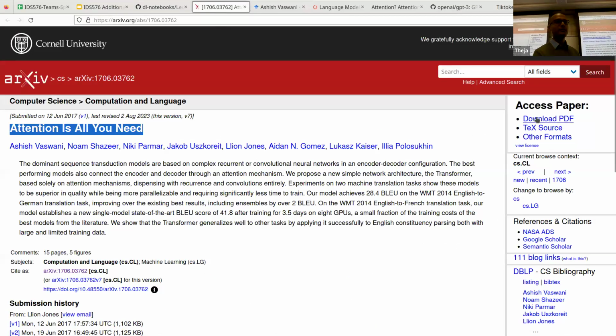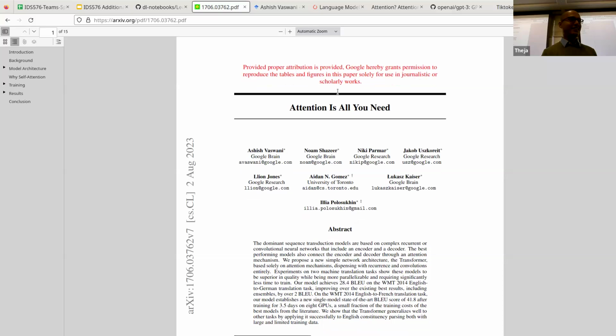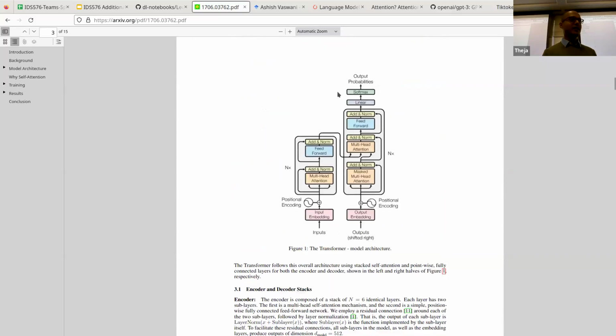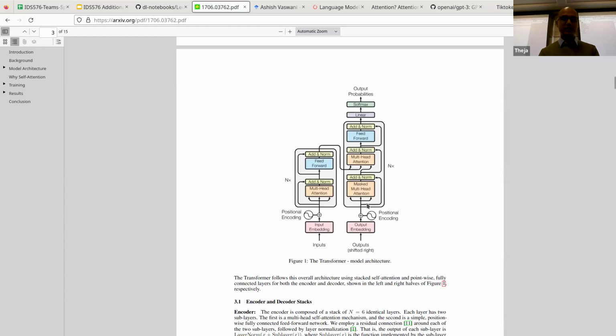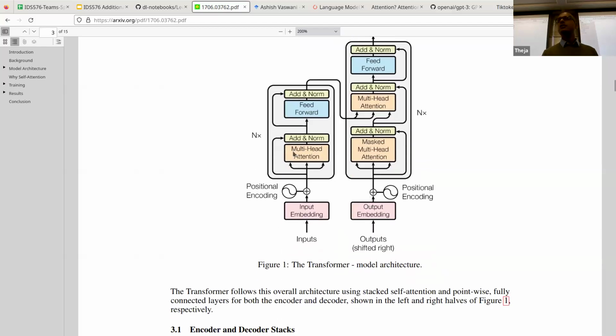If you click on the PDF, this is also linked on our lecture goals page, which has a bunch of links, and one of them is this one. Google has some requests for using figures, but if you look at the figure here, this is what we're discussing. We'll probably come back to this if needed. So far, we've only looked at this orange block here. We'll talk about the remaining stuff and the decoder in a second, and the rest of the architecture in the next hour.